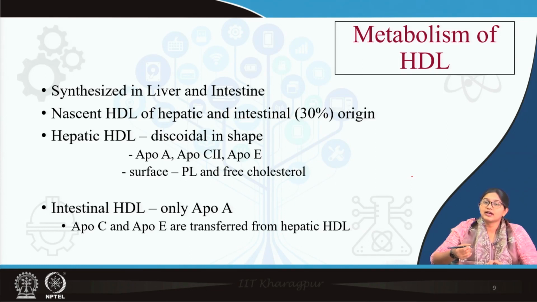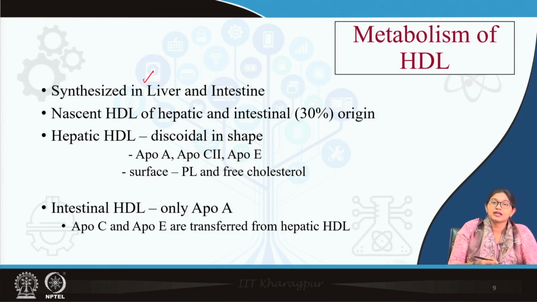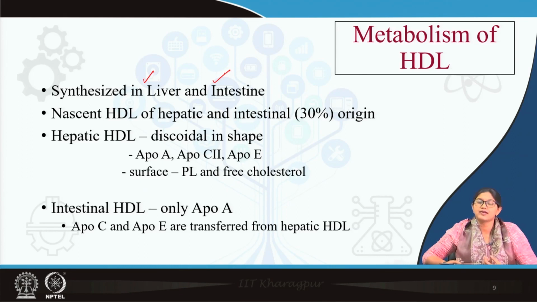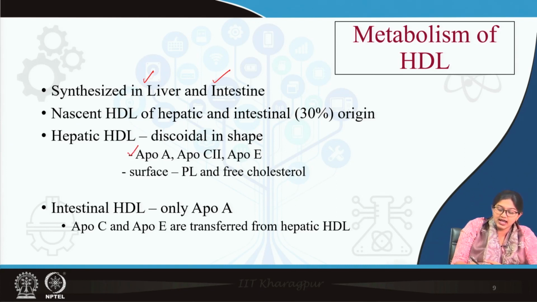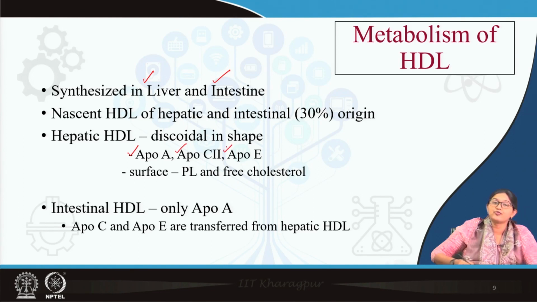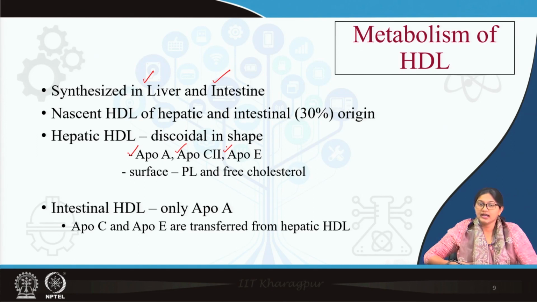Now, HDL can be synthesized in the liver as well as in the intestine. The intestine contributes around 30% of endogenous HDL synthesis. Now, the nascent HDL, once again just like VLDL and chylomicron, has two different forms. One is the hepatic HDL form, another is the intestinal HDL form. The hepatic form of HDL contains apoprotein A, apoprotein C2 as well as apoprotein E. It is